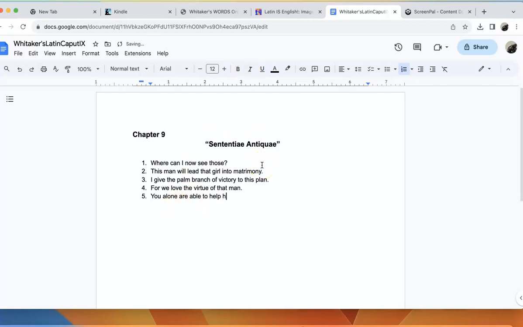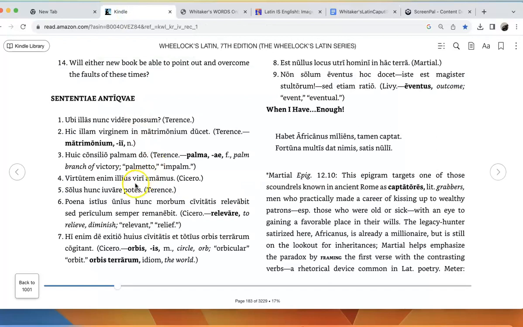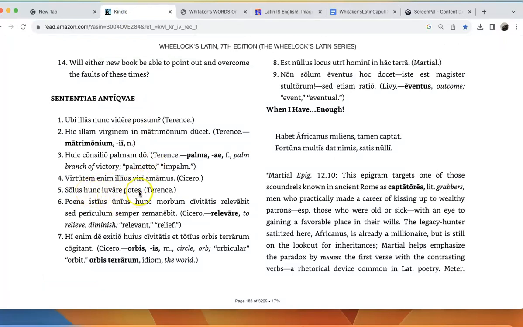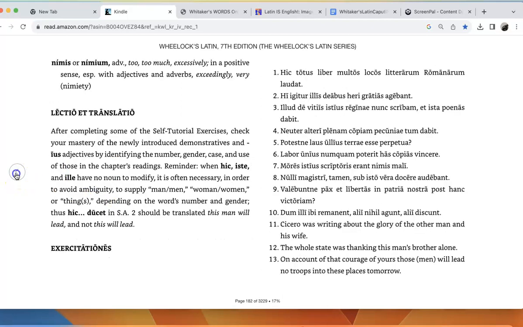Oops, I put it in the Latin there. Hunc is our demonstrative adjective. In this case, it functions as an adjective. So you alone are able to help him. So you, s, alone, solus, are able, potes, like potential, to help, juvare, and then hunc, him, because hunc is,